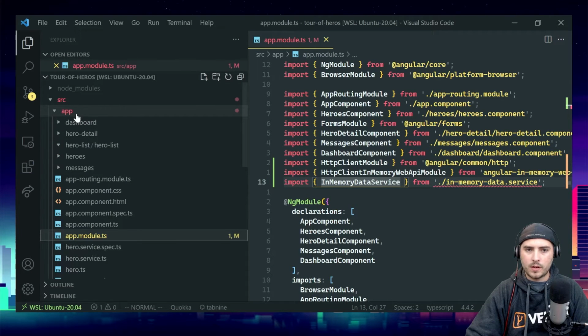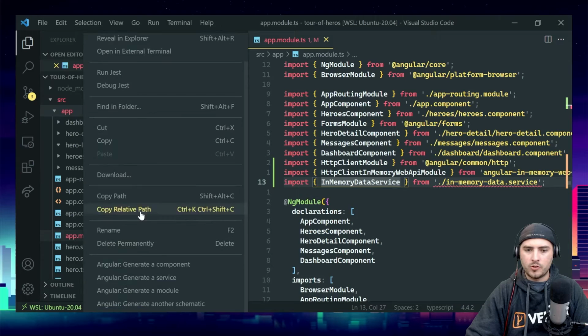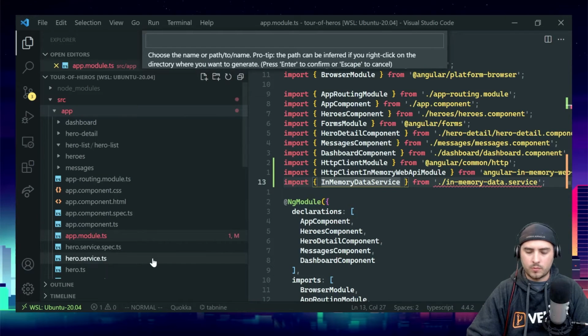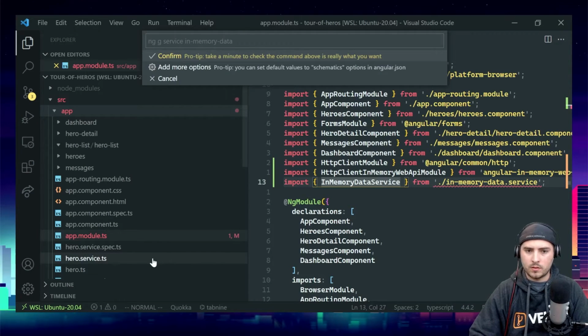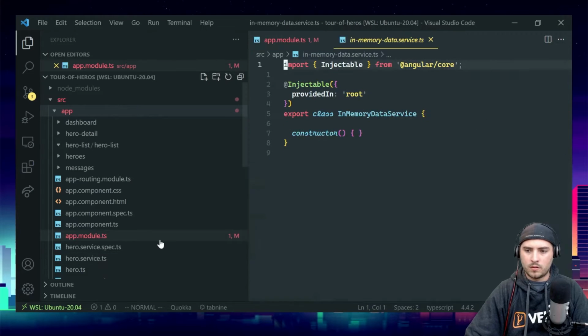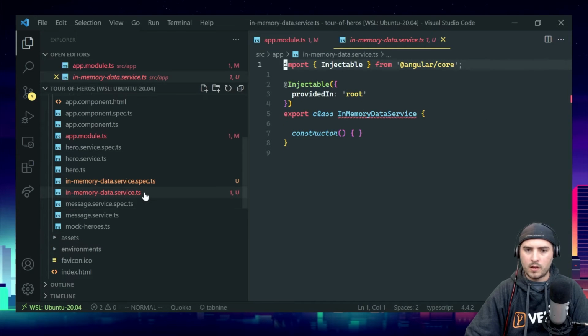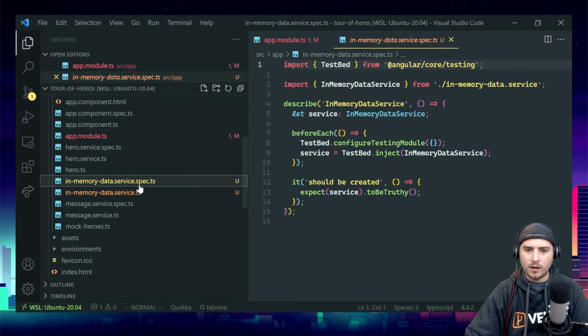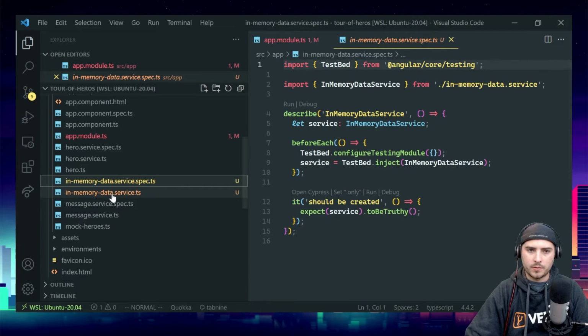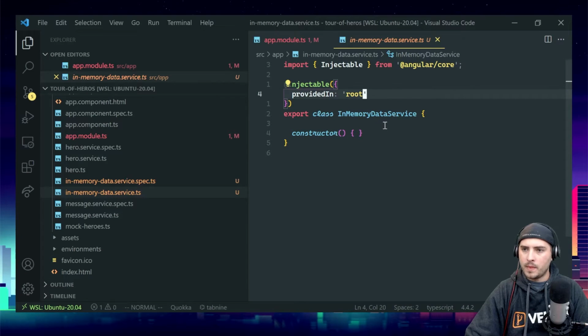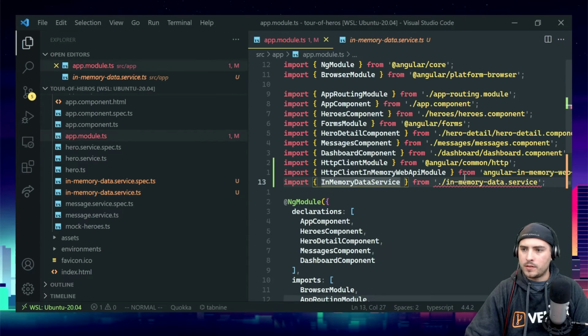If I go app, generate service, we'll just call it in-memory-database or data, in-memory-data. What's that give us? Hey, there we go. Okay, that's what we want. And it gave us a spec file, which we're not going to use yet. So that's there,